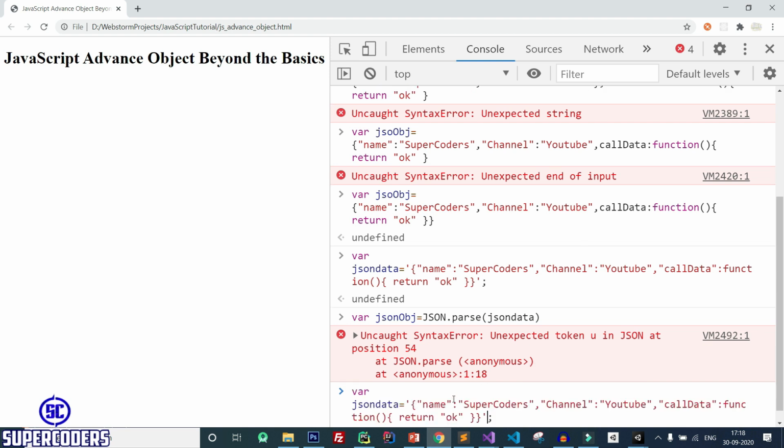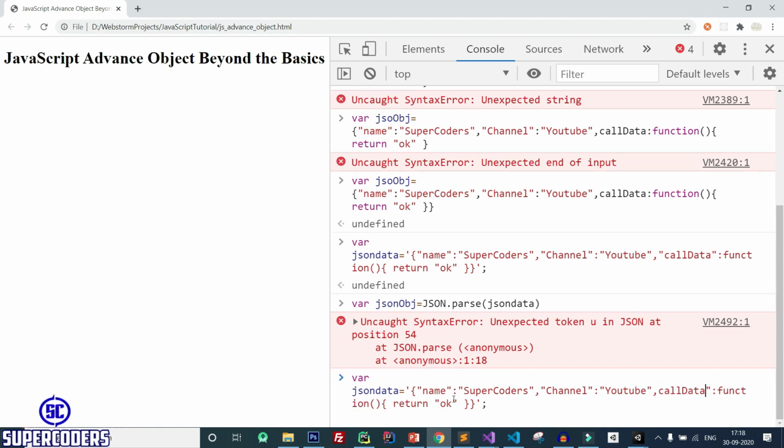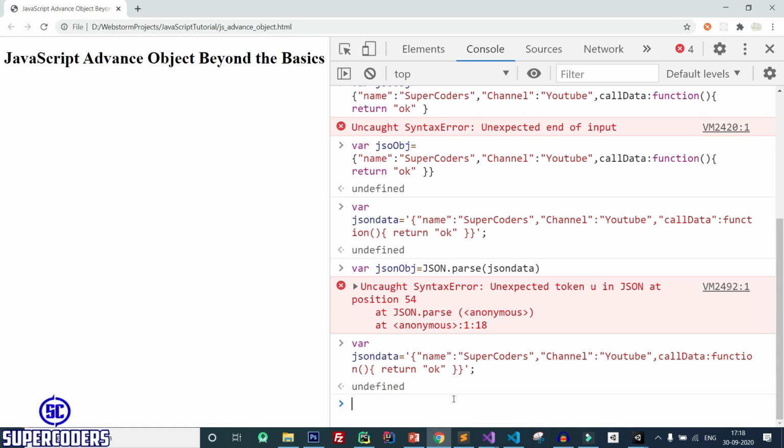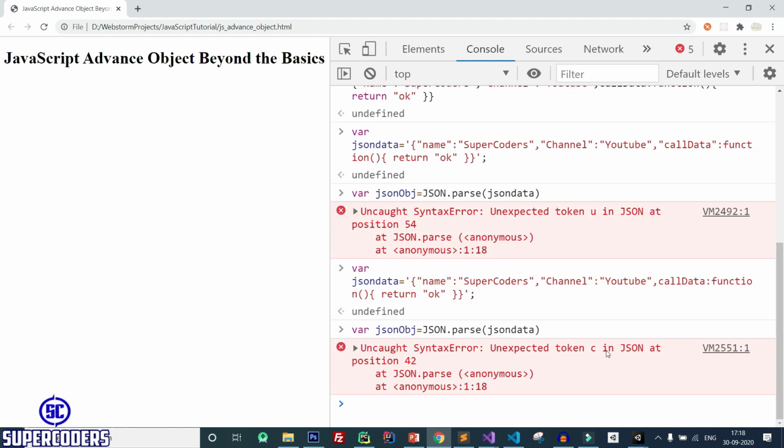Again, if I try to use another way like this, let's remove this, remove it, enter and parse it again. You can see still it's not working. So that's why I'm saying you can't use a function inside JSON objects, but you can use a function in JavaScript objects. So that is the difference between JavaScript objects and JSON objects.